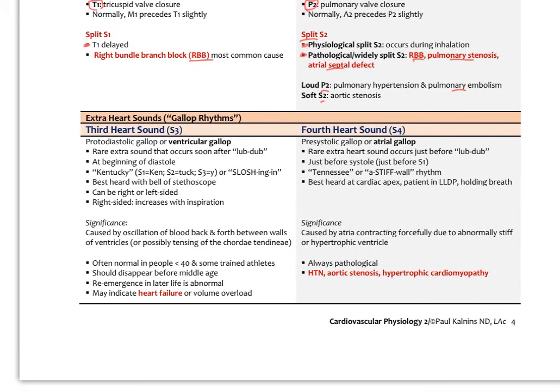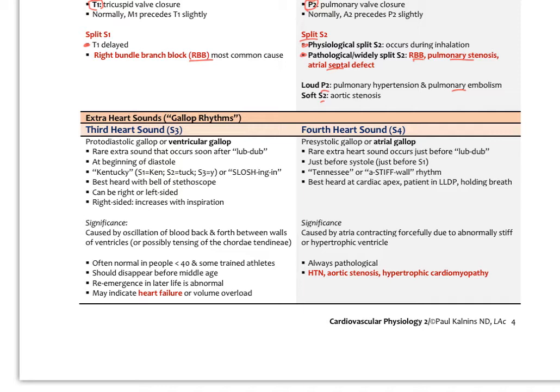There can be extra sounds. So we normally talk about S1, S2, lub dub, but we can have two extra sounds on top of that. These are called gallop rhythms. There's a third heart sound, and this is actually heard just after dub. So basically you'd hear lub dub dub, lub dub dub. Again, we'd have to be clear to differentiate that from splitting. So lub dub dub would be more of a splitting, but lub dub dub, like Kentucky, or sloshing in,